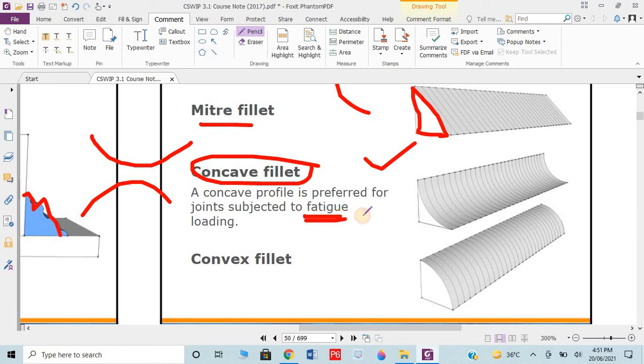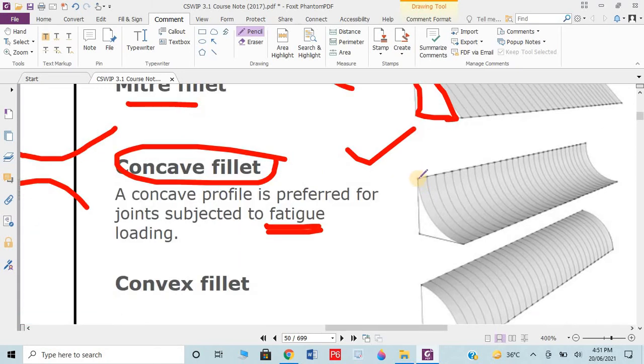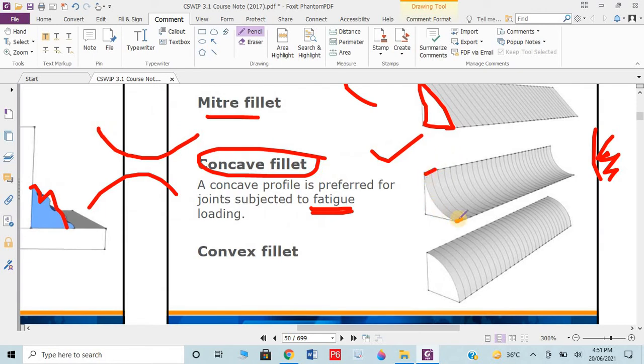This is fatigue loading. You know, fatigue is actually if we have a cyclic load, again and again load is coming, then the welding could crack. To prevent this problem, we need to blend the edges of the welding. These blended edges could mitigate or eliminate the excessive distortion or the excessive vibration or fatigue problem. That's why this welding in that circumstance becomes ideal. So the conclusion is, in fatigue loading, fatigue cycling, this kind of concave fillet is preferred.